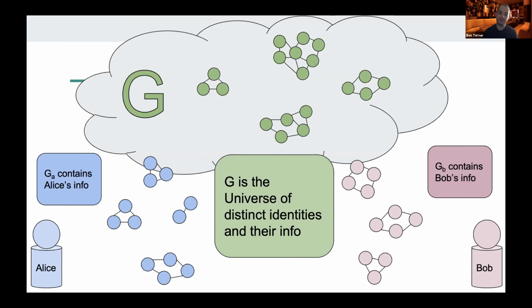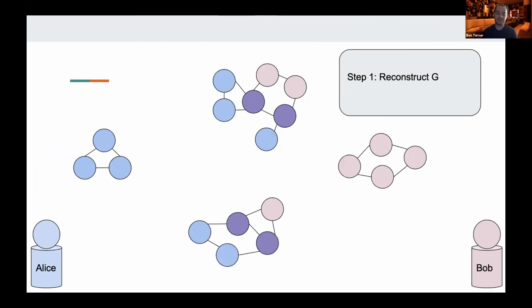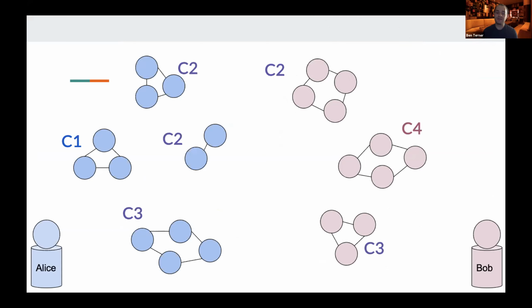And the way that we do it is we say, look, as a first step, Alice and Bob can invoke a protocol that reconstructs the big graph G in the sky to the best of their ability. And then once they've done that, they can assign unique labels to every component in the combined graph. And then as output, for every row in each party's database, they can get the component label from the combined